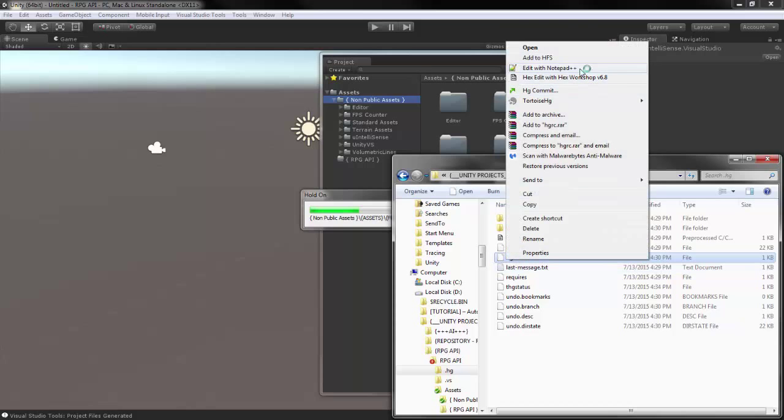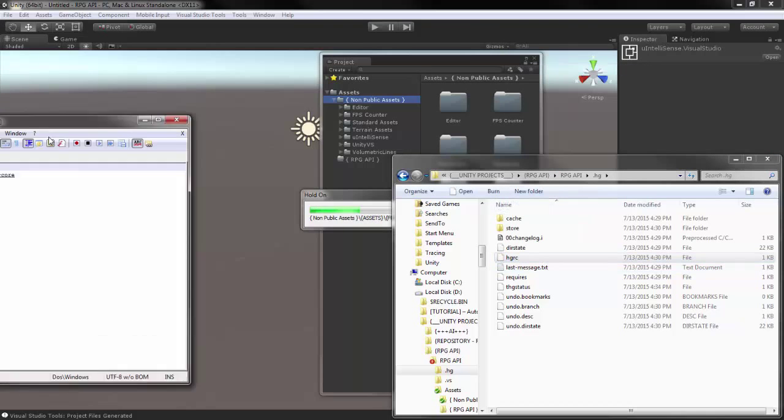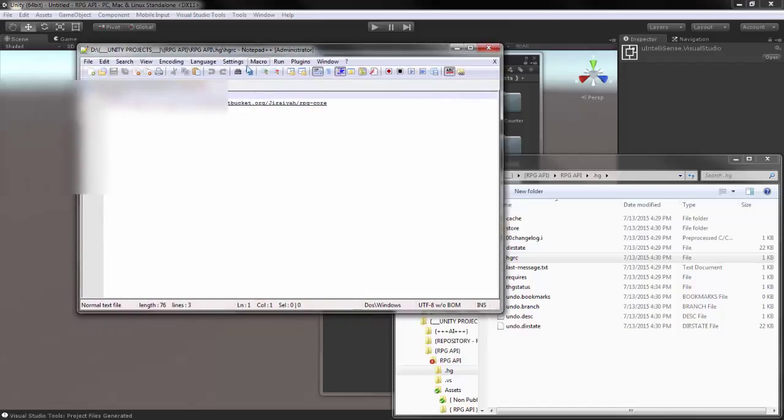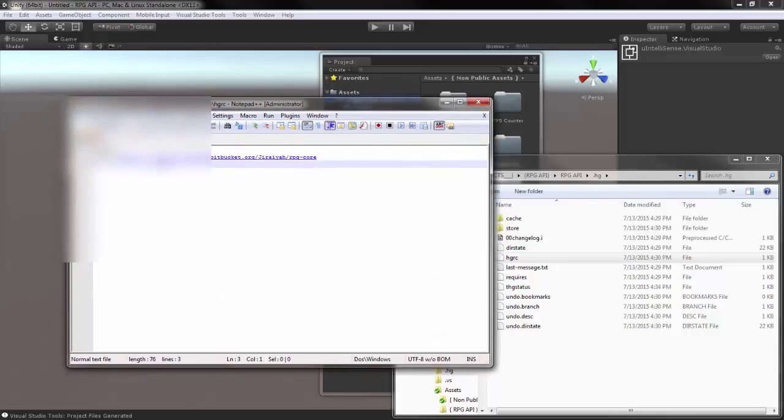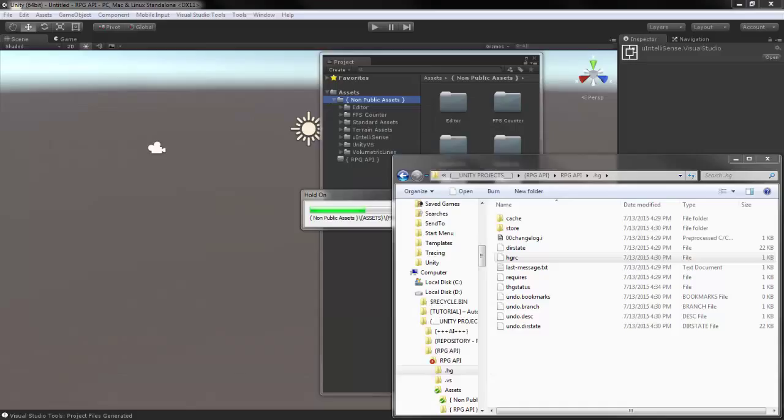HGRC. If I open it in Notepad++, you see that it's only about path, and if you want to add your, wait, okay, I need to edit it in. God damn it! There is my password there. I need to comment it. Anyway, it's about your username, your password, and the